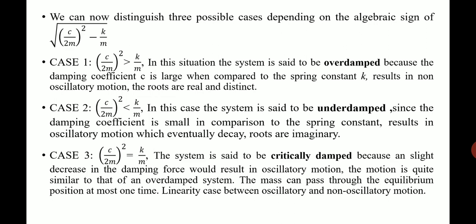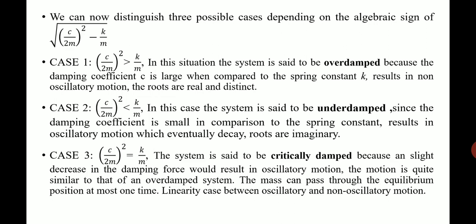Usually we use dampers to arrest the amplitude or arrest the vibration. In a critically damped system, the vibration gets arrested in the least possible time, so it will reach the equilibrium or mean position in the smallest possible time. This is actually similar to the overdamped system, but the only difference is that it will reach the mean position in the least possible time. So it's a middle line between the overdamped system and the underdamped system.